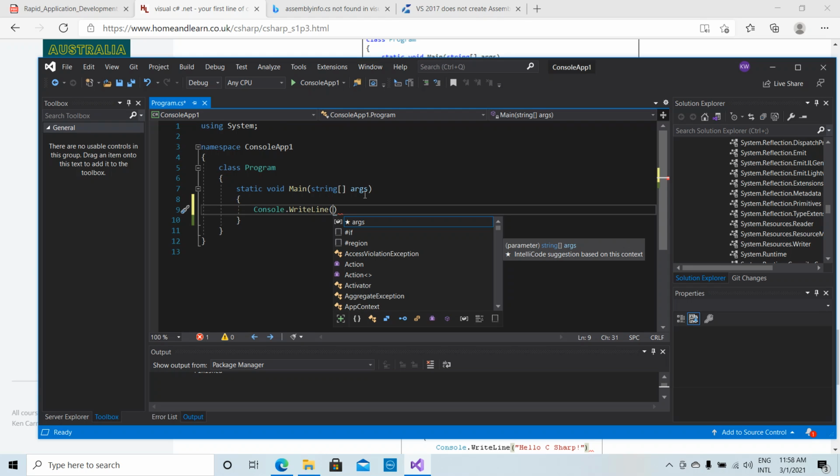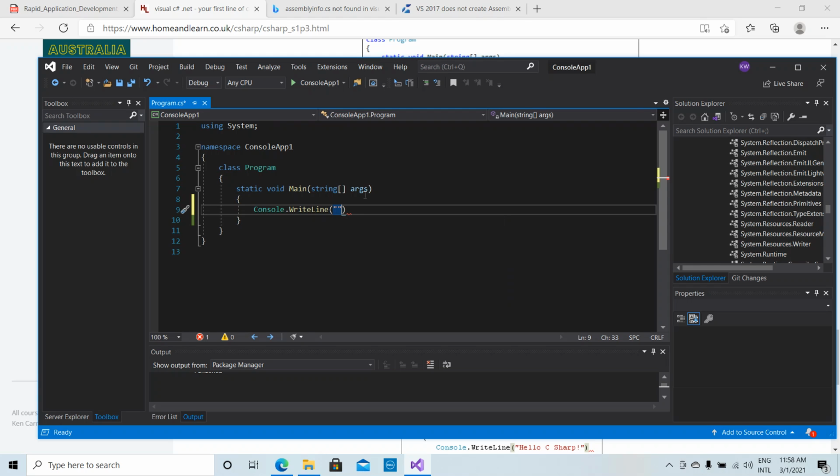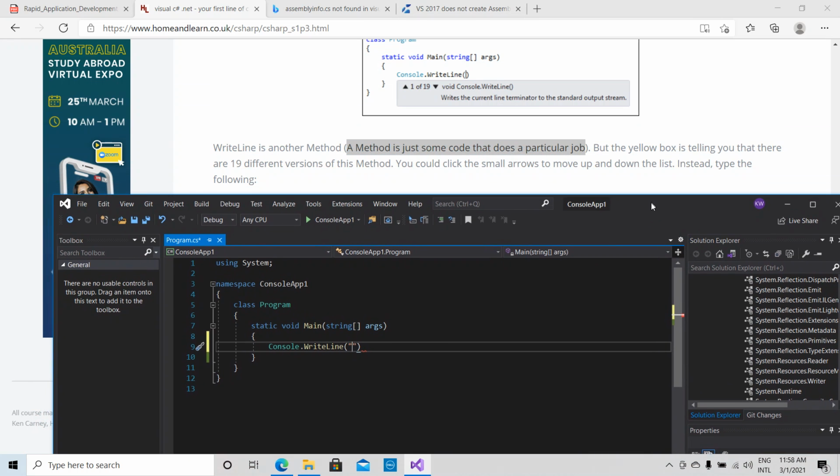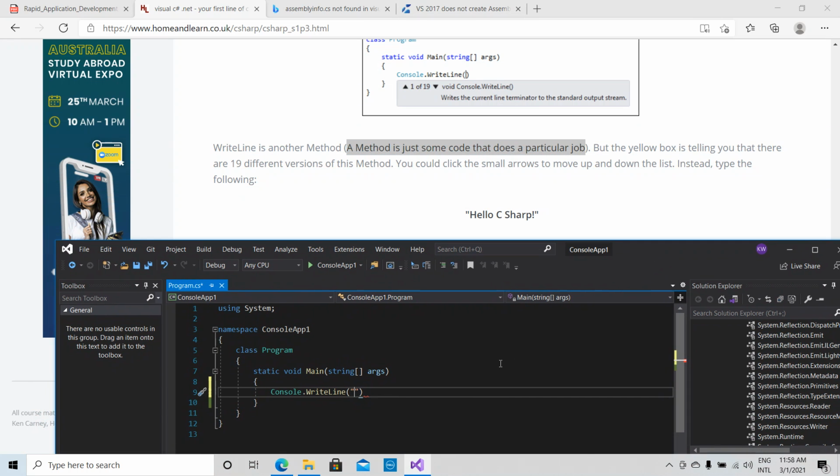For the time being, if you type a double quote, you will see both the starting and ending quotes. Now in the middle of this, let's write